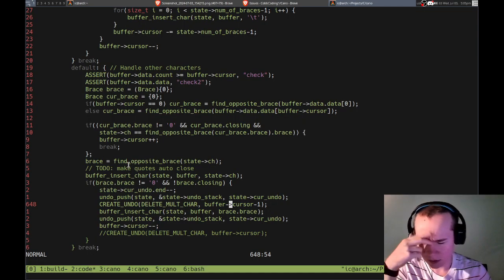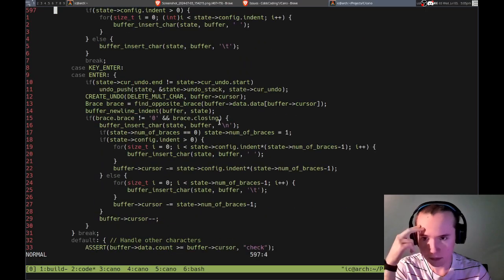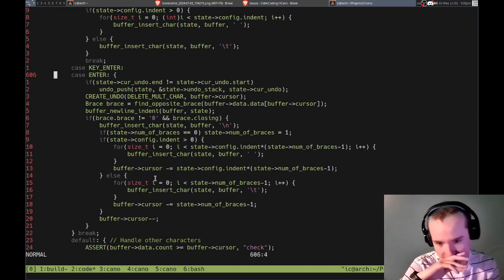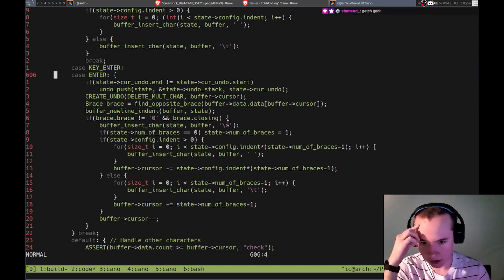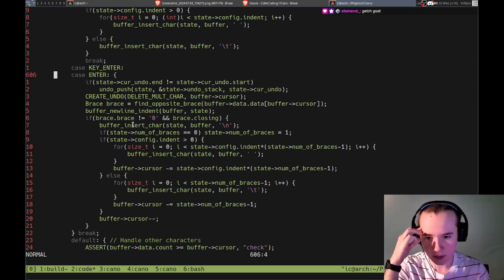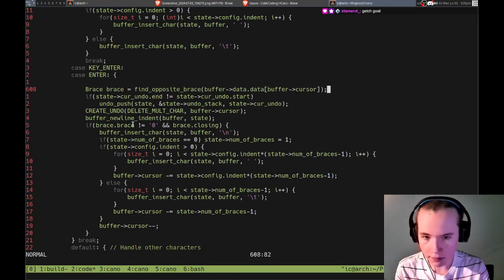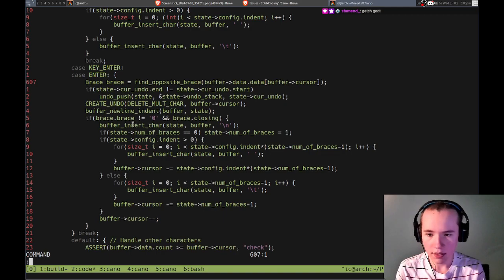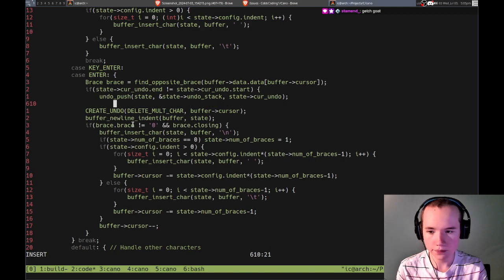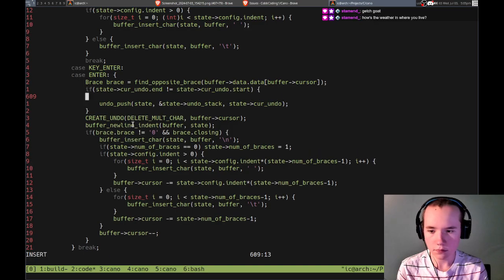Okay, so right, but this condition needs to be true. So where do we insert the new one? So that's here. So if there is a brace, can we wait to do that then? Yeah, so what if we move this here, and then before we push it, let's check here. If